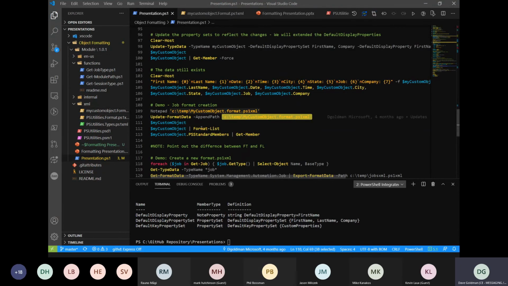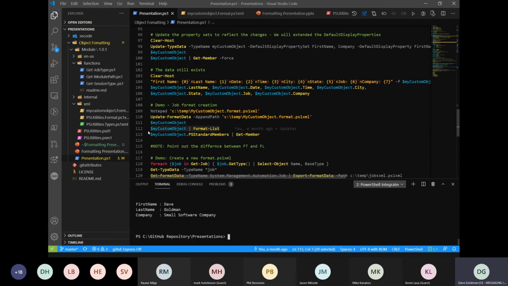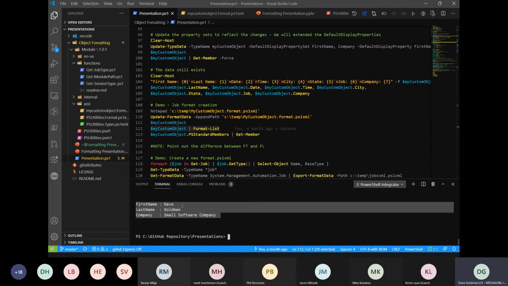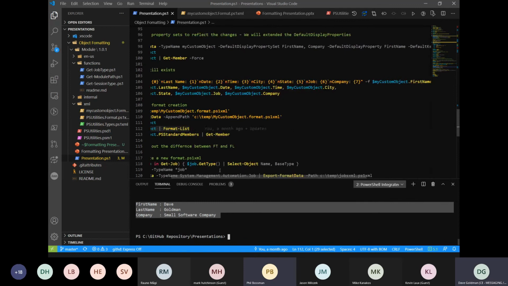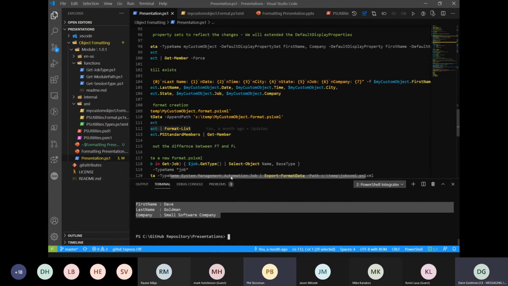We are printing that out, but because my custom object only has a table view associated with it, not a list, when we ask for the list, it goes back and sees that we have that default display property set, which is first name, last name, and company. But all the other stuff is there. It's just not being displayed.